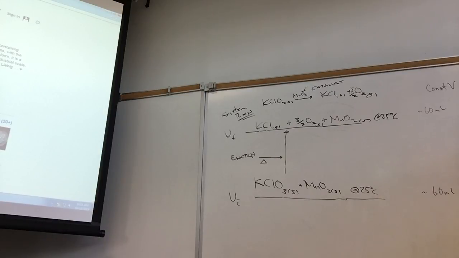Just say air. This air is going to exert a pressure. The pressure of the air, we'll just say it's atmospheric pressure because it's easy. The pressure of the air is 1 atmosphere. So we'll go with a 500 milliliter container. Well, it's constant volume, so the 500 milliliter container is going to stay 500 milliliters. But this is going to decompose.